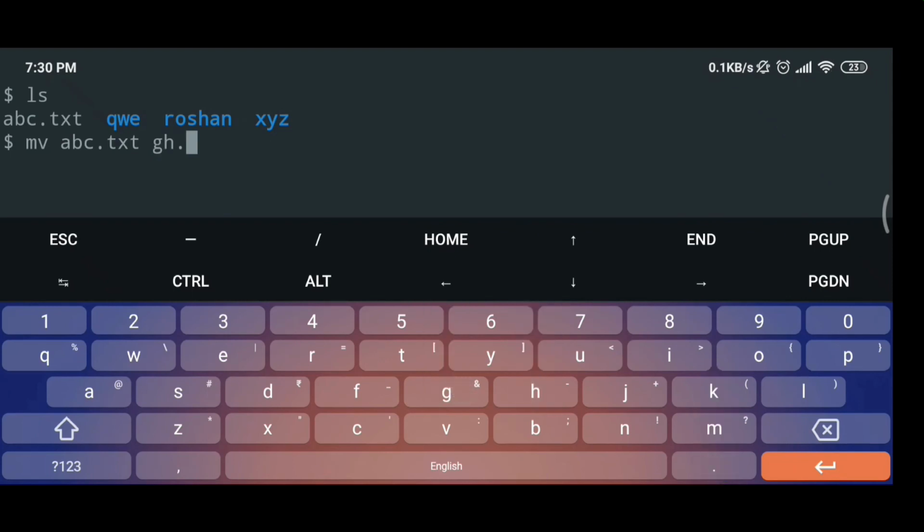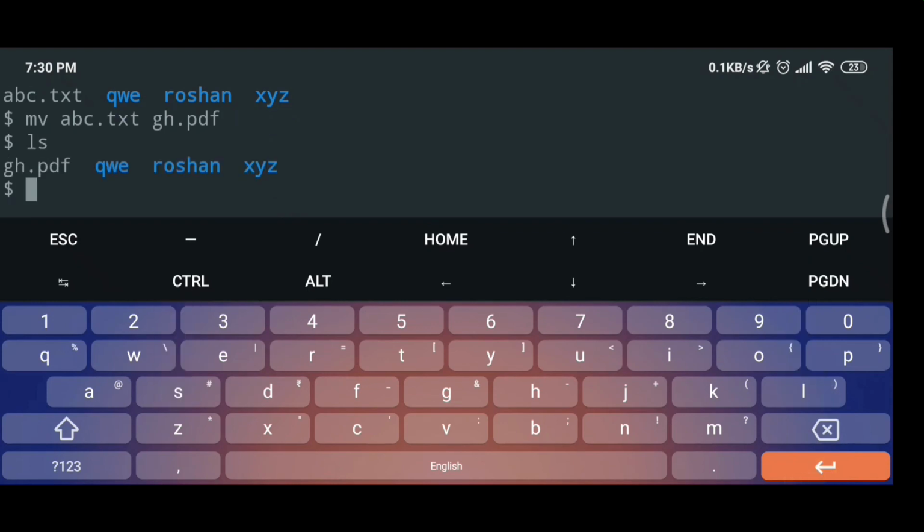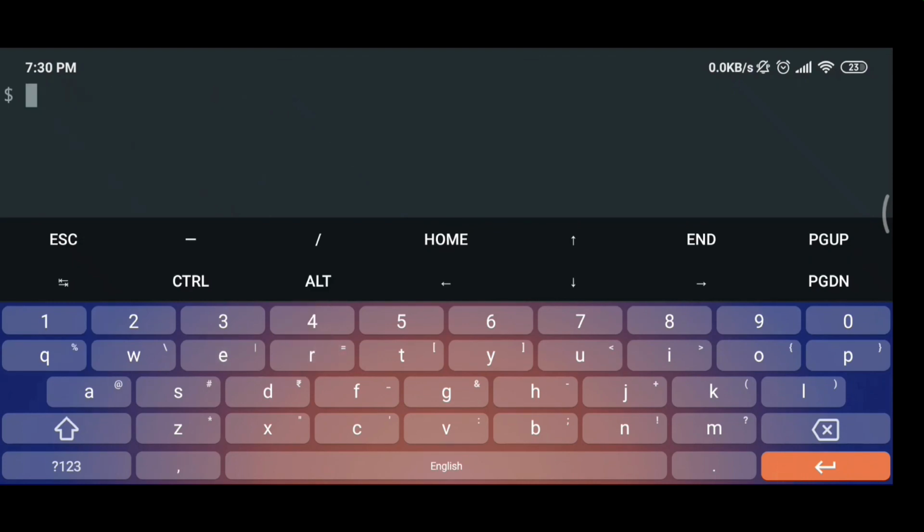Here suppose gh.pdf, and hit the enter button. So now you can see we have successfully renamed the file and there is no abc.txt, and the new file gh.pdf has been created. Like the files, we can rename the folder or directory too.